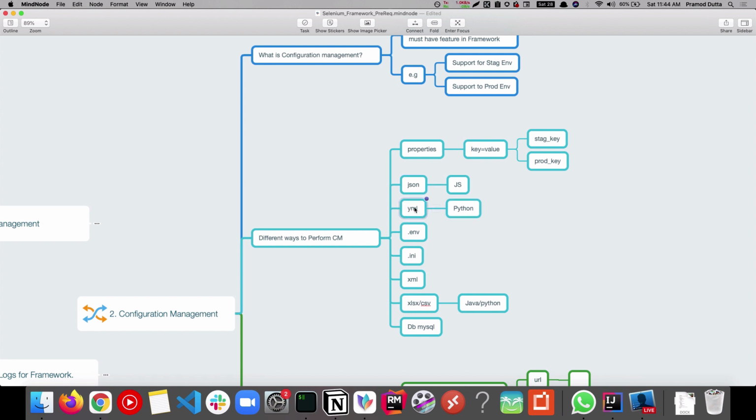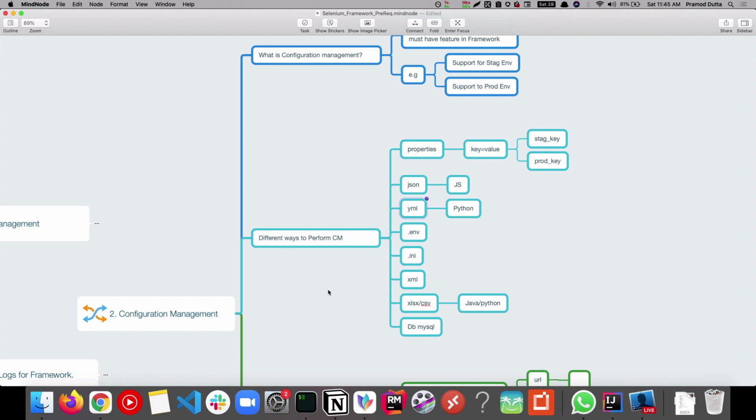And right now, what I have seen is that people are starting to prefer YAML files. YAML files are basically structured key-value pairs that can be nested further, right? People working in Python and similar languages prefer YAML. It's more structured and human readable than a properties file. A properties file is also very readable, I would say, but YAML is right now becoming more of a standard, and people are preferring it.